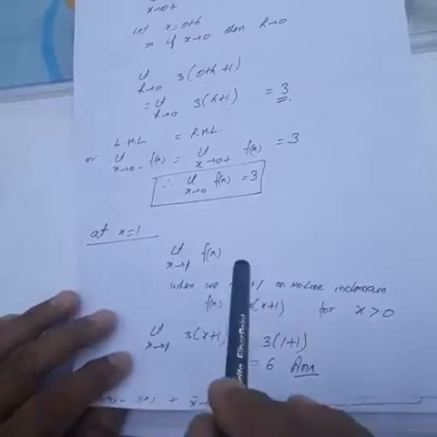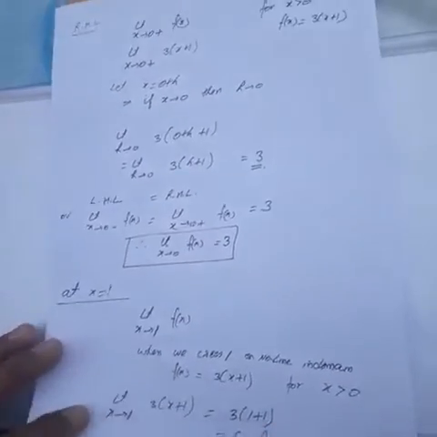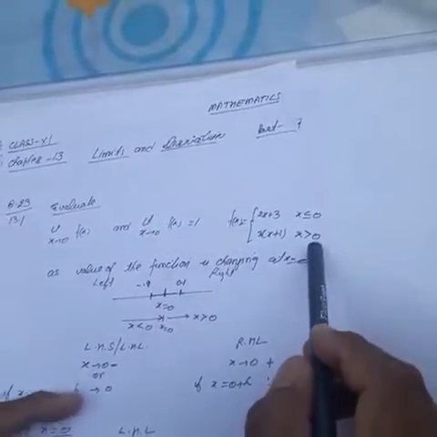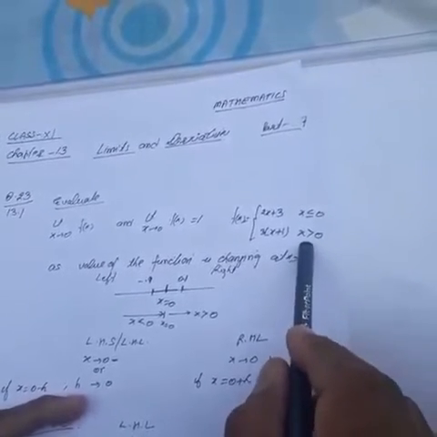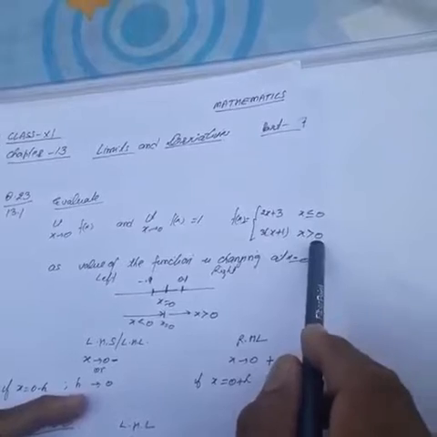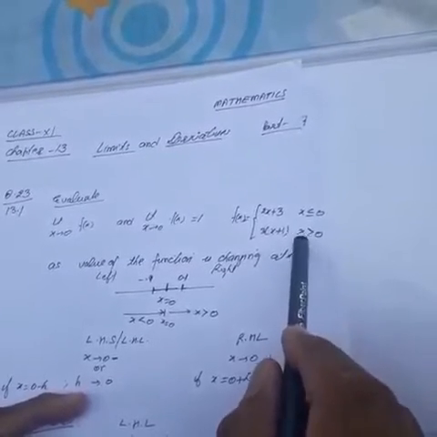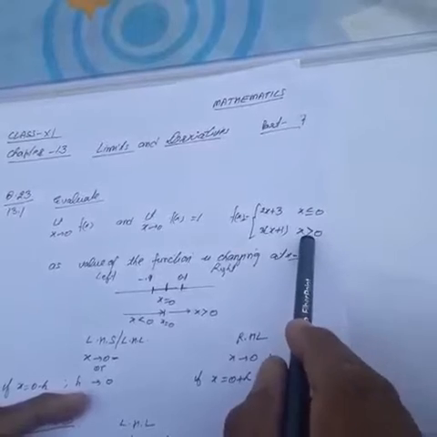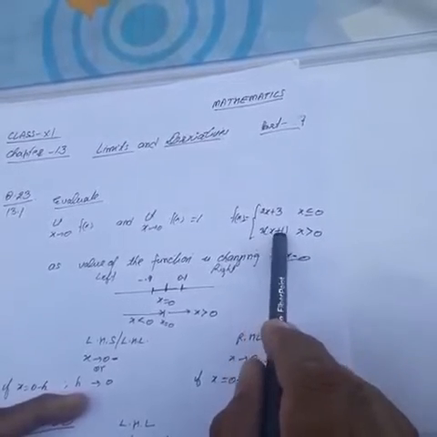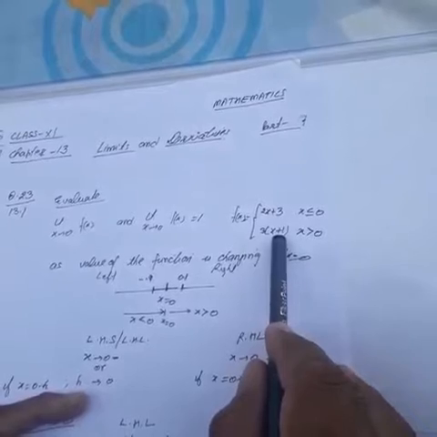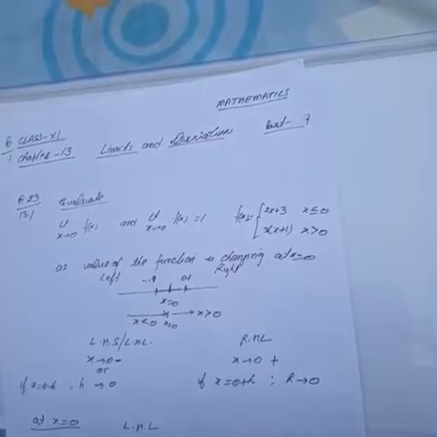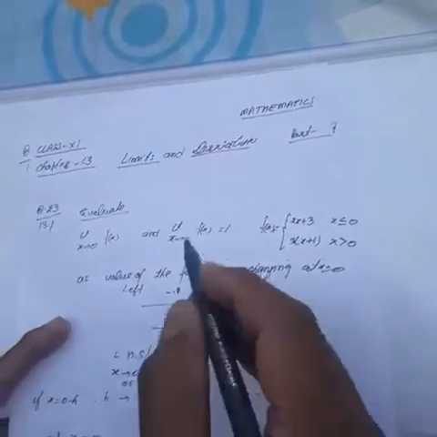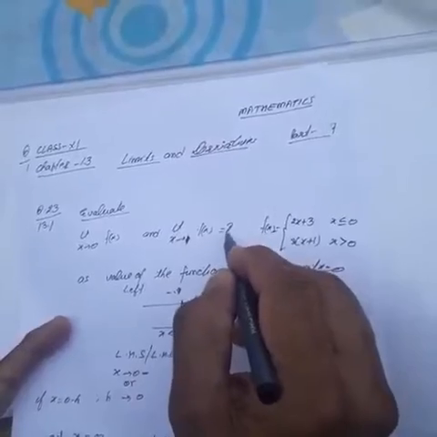When we cross 1, on the left hand side of 1 and on the right hand side of 1, all values of 1 minus h type or 1 plus h type will fall in this interval. Slightly less than 1, it means 0.99, and more than 1, like 1.01. All these values are falling in this interval, and this is a polynomial. So there is no need to evaluate the left hand limit and right hand limit separately.